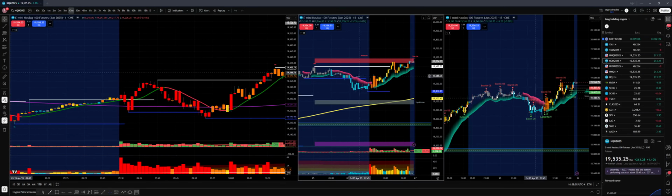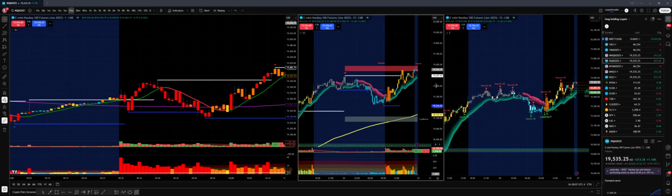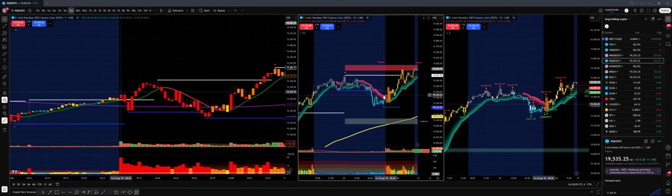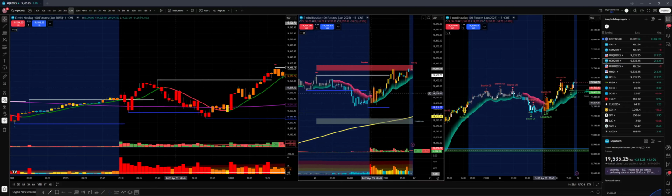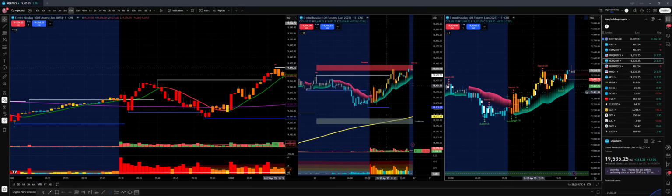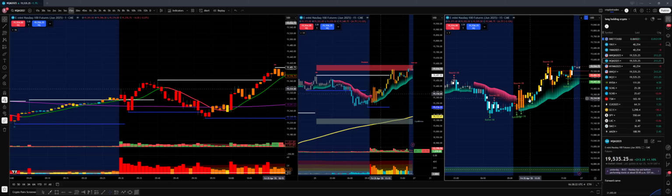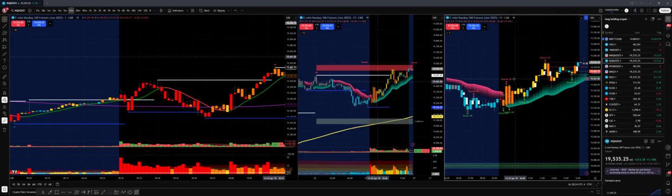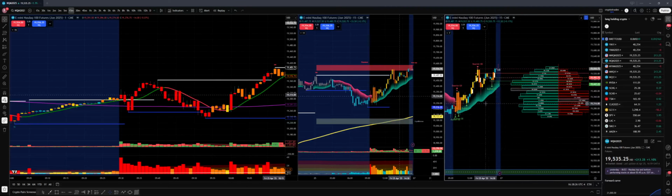So now I'm looking at the trend of the 15-minute chart, and that was bearish pre-market. In order for me to find where on this chart my sell zones and my buy zones should be, my supply and demand levels, I go over to this time frame, the same 15-minute chart, but I added some stuff on to this one in order to get a good idea of where buying